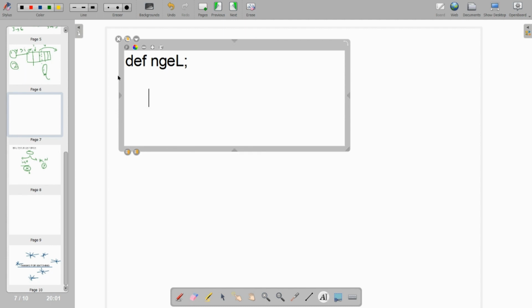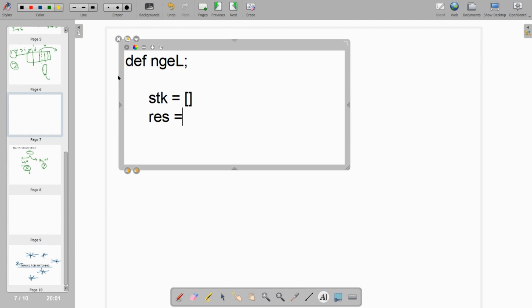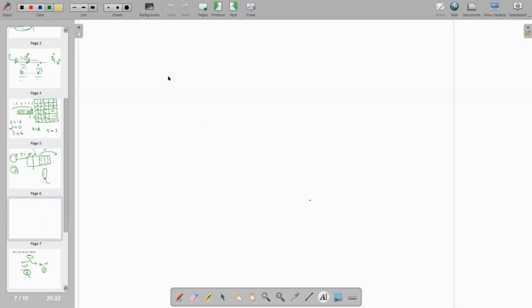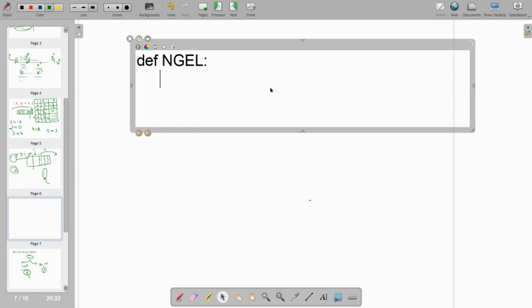I take one stack, then one result array, and initially I take -1 for all, then run a loop for i in range. So if I write the code for one function, next greater element on the left side, let me write it.